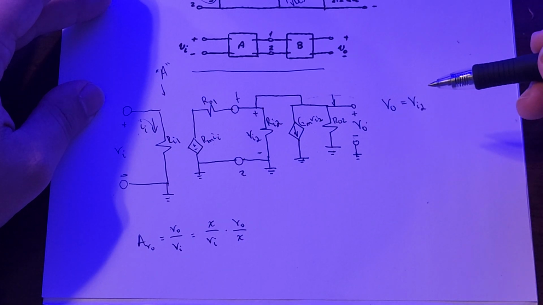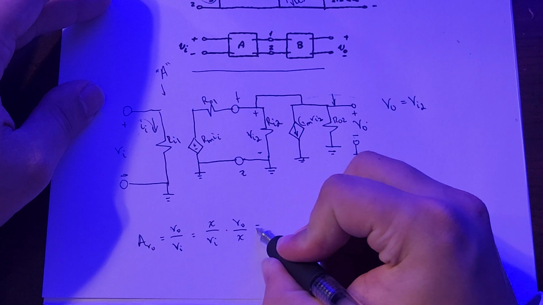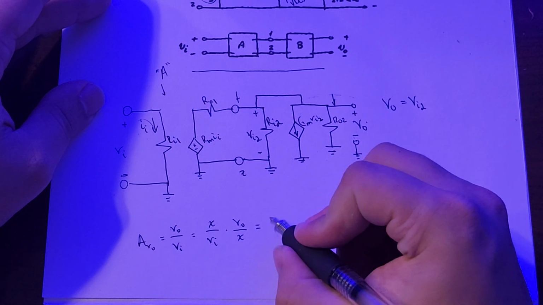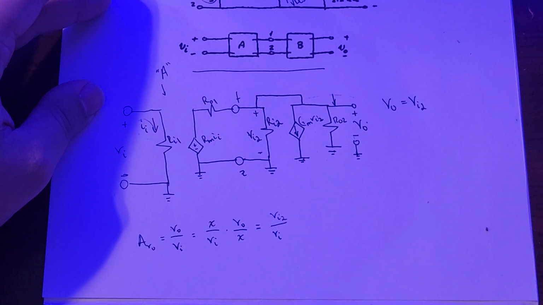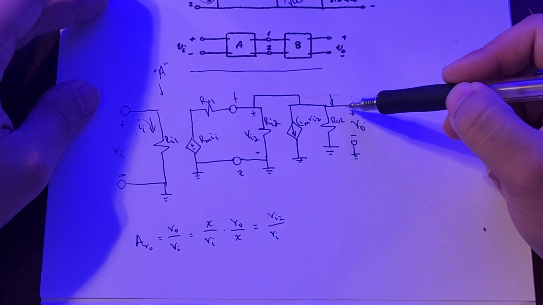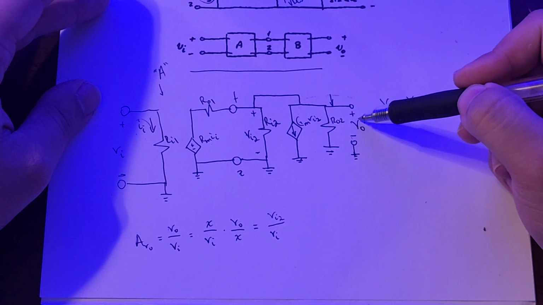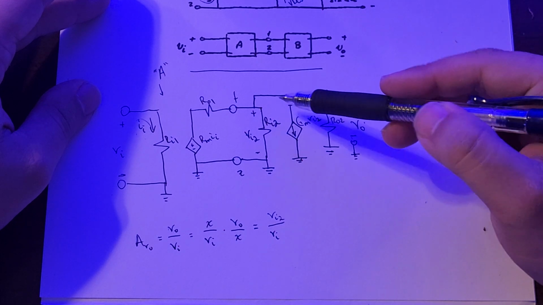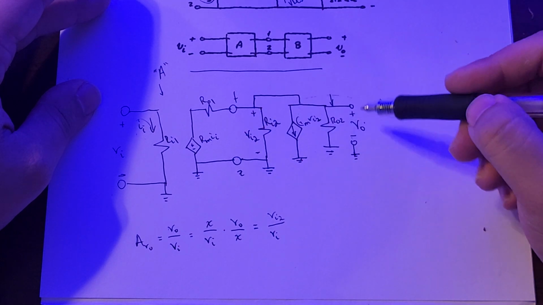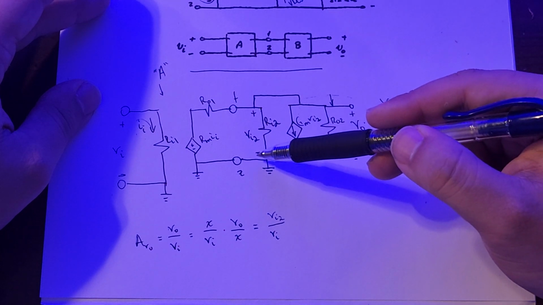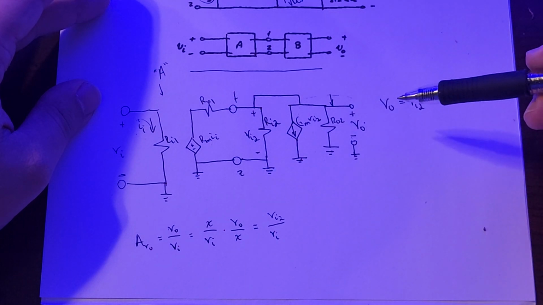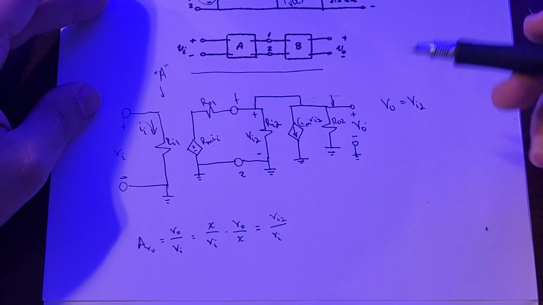What does that tell us for our gain? Well, that tells us that the gain, open circuit voltage gain, is also equal to Vi2 over Vi. I hope that makes sense. I hope y'all can see where I got the node from here. This positive point of this voltage is the same as this positive point, and the negative point, because it's connected to ground, is the same point negative here that is connected to ground. Now,